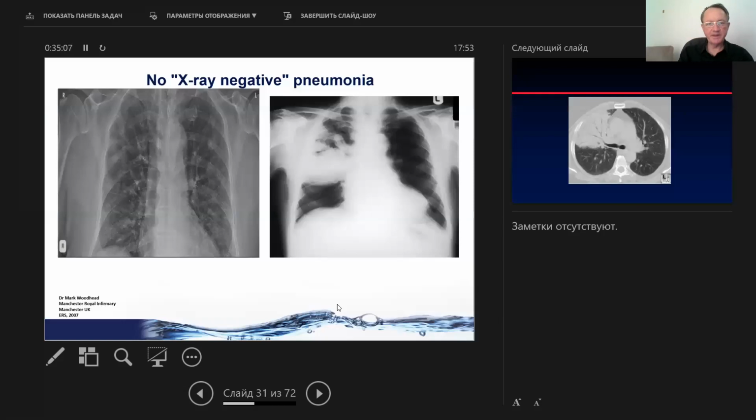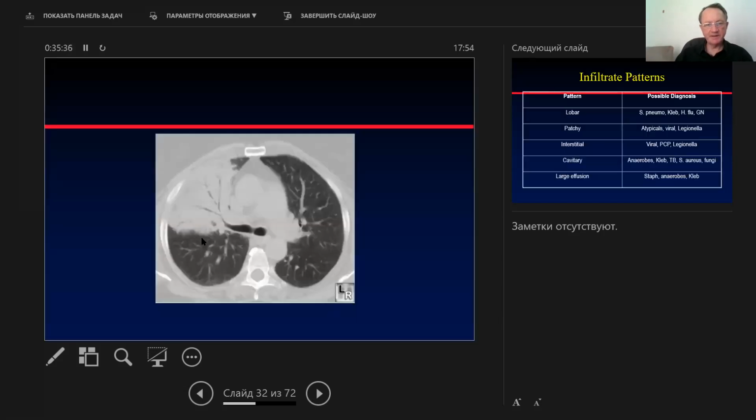X-ray, for example, bacterial pneumonia, it's mostly a local process with infiltrate, and in virus pneumonia we can see a bilateral diffuse process with so-called ground glass infiltrates. Here it's bacterial pneumonia, local process with